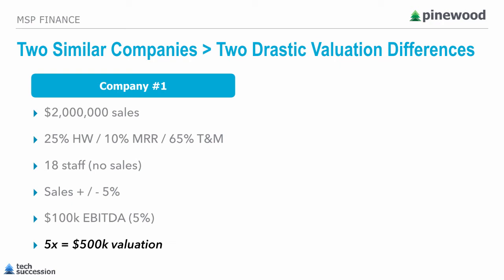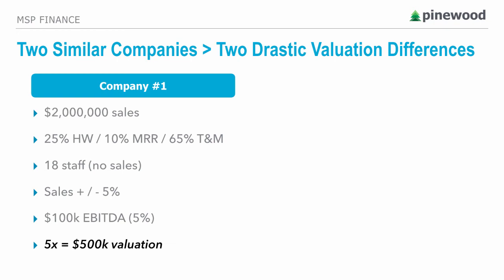There's a lot of things that we don't know about this business, but on paper, a business with a rather low profit margin, little to no monthly recurring revenue, and low staff leverage, will be looking at a valuation multiple in that lower range. So that might be a little disappointing to you as a business owner if you're in that ballpark, but I want to show you how you can pretty quickly and pretty drastically change the valuation of your company by focusing on a couple different levers.